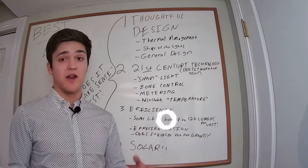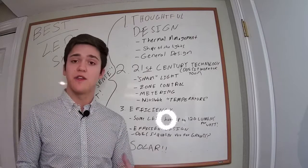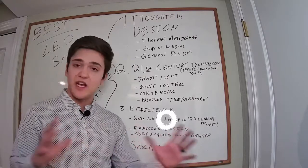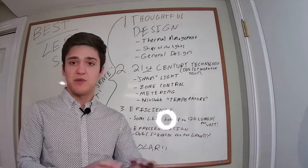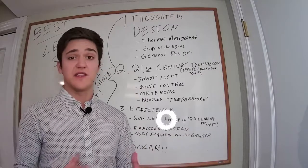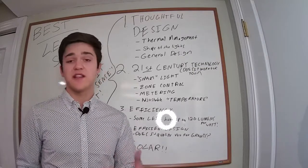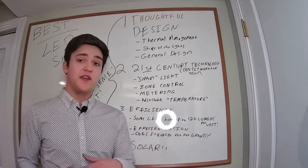Efficient design is a big one. This one can be the optical efficiency of the light, so how the lights are shaded, so if they have an efficient piece over them that directs the light where it needs to be, or even just the LEDs themselves. Some LEDs are very efficient while some are less efficient, and that depends on where you're getting the LED strips